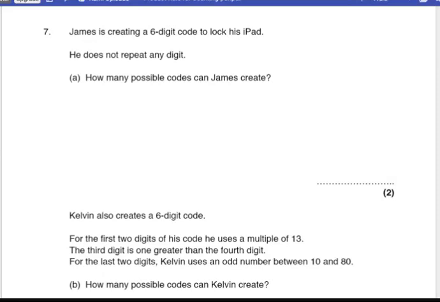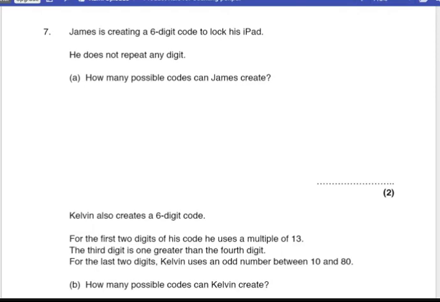I got 60,480. Let's go through how you did it. So, James is creating a 6-digit code to lock his iPad. He does not repeat any digits. How many possible codes can James create? Since it said it did not repeat any digit, I just did. Oh wait,